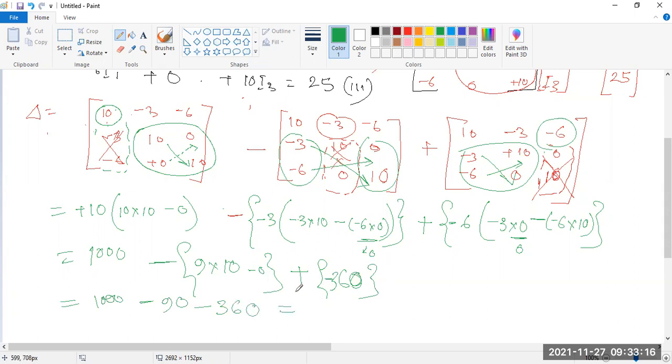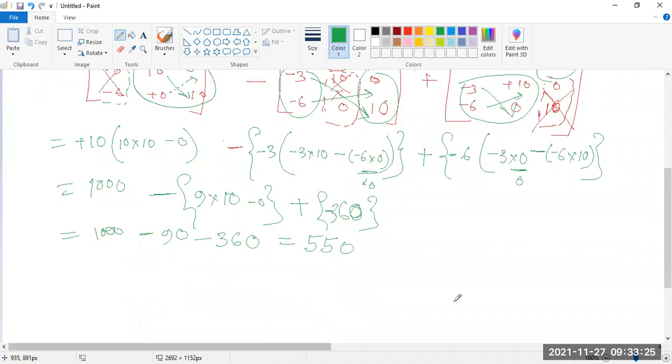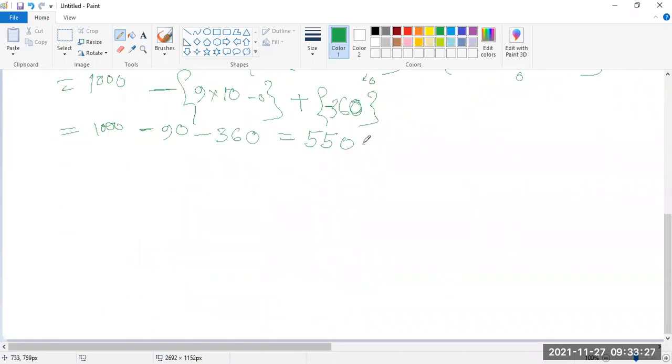Ultimately it will be coming 550. Okay, so delta is that. Now we have to find out